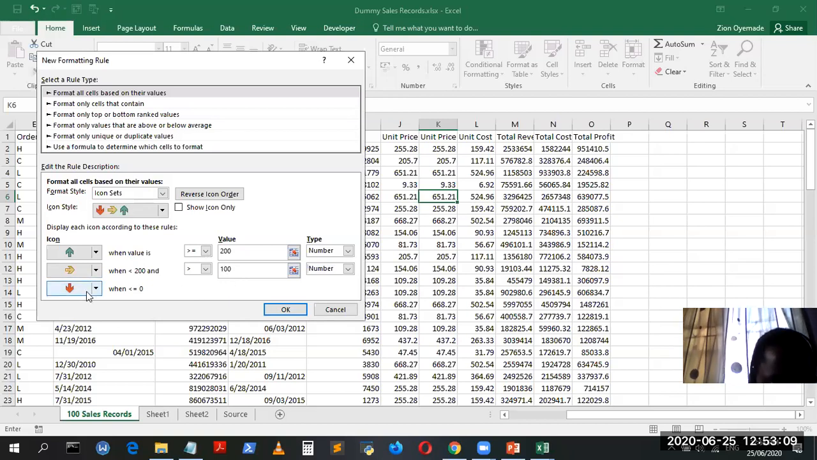And then it shows a downward sign when it is definitely less than 100, but when it is less than 200 and greater than 100, the parallel sign is shown, and every other one gets the downward sign. So if I do that,